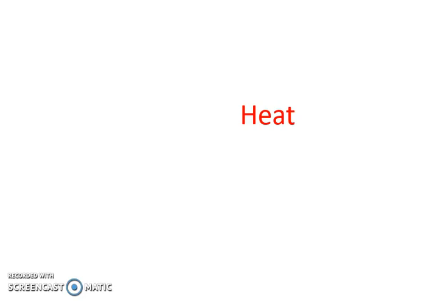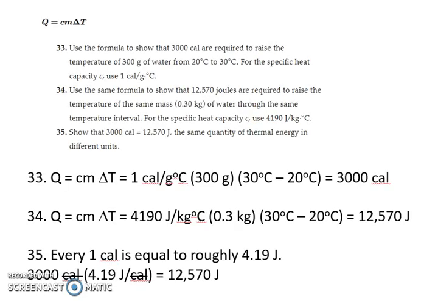These are simple problems about heat. Heat, symbolized by Q, is equal to Cm delta T, where C is the specific heat capacity in units of calorie per gram degree Celsius. M is your mass in grams, and delta T is a change in temperature, which is final temperature minus initial